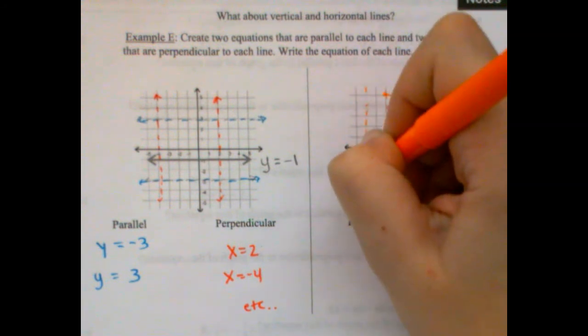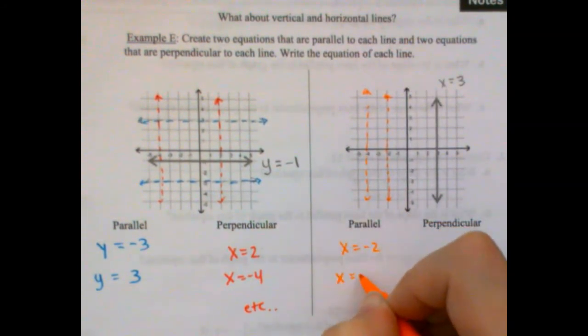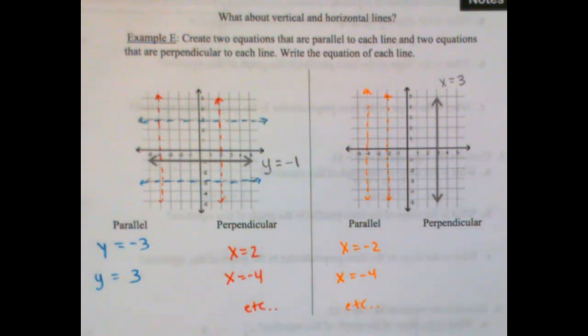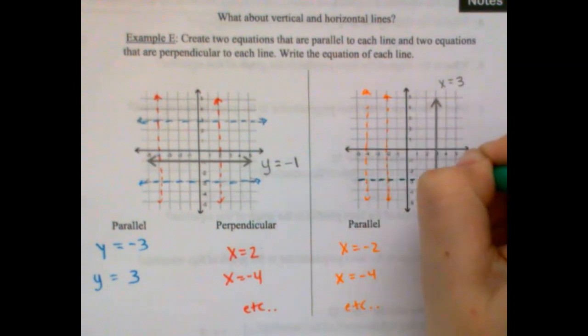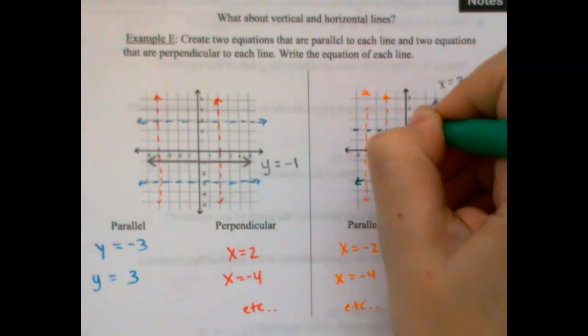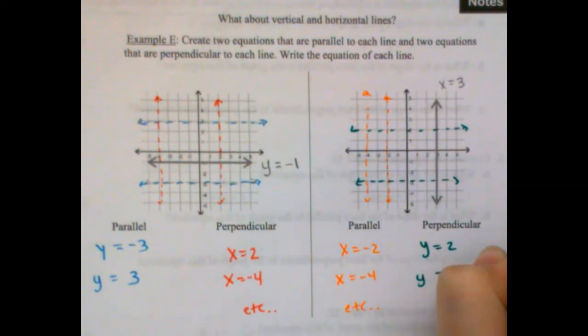I can just draw any vertical line and say, oh, that's parallel. A perpendicular then would be any line that is horizontal. So that one would be perpendicular, this would be perpendicular,